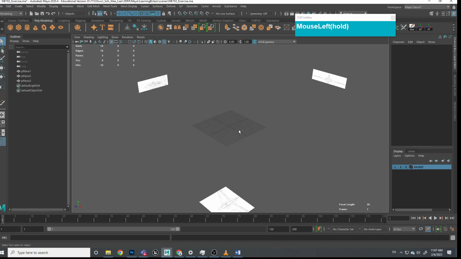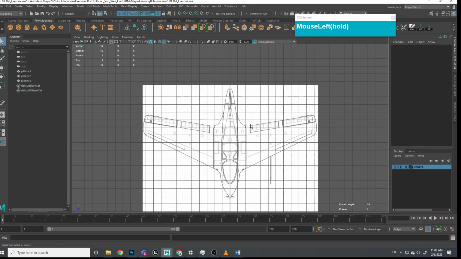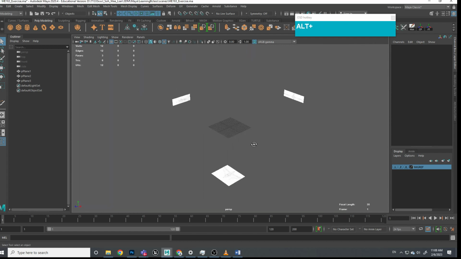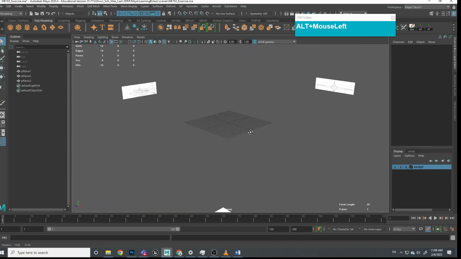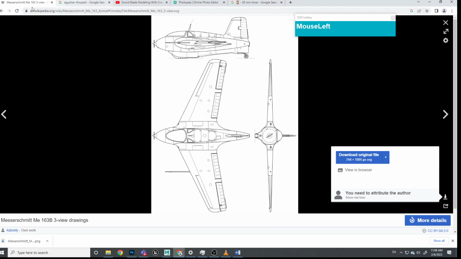So once you have your images set up, your front, your right, and your top, all nicely aligned already, and you put them inside the image layers and set them as reference so that you will not accidentally select them and move them. So first, before we start modeling, the first thing is you need to go and